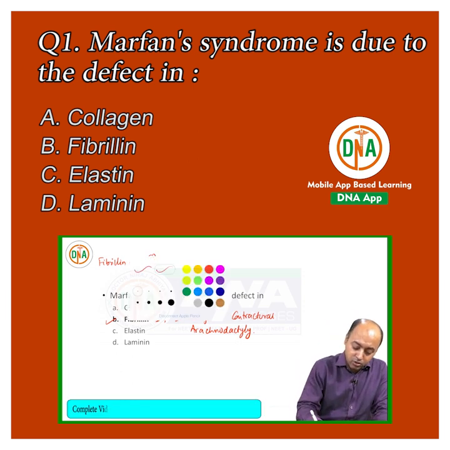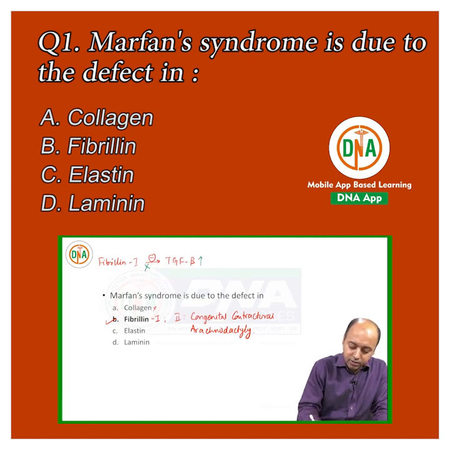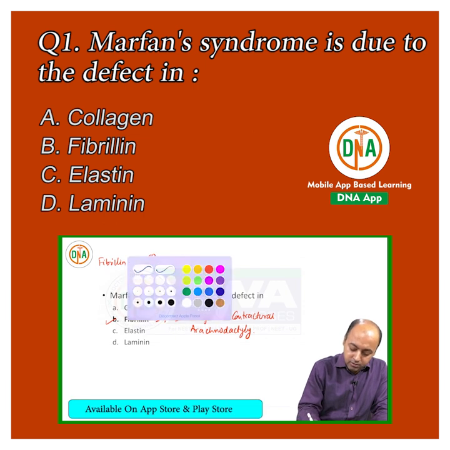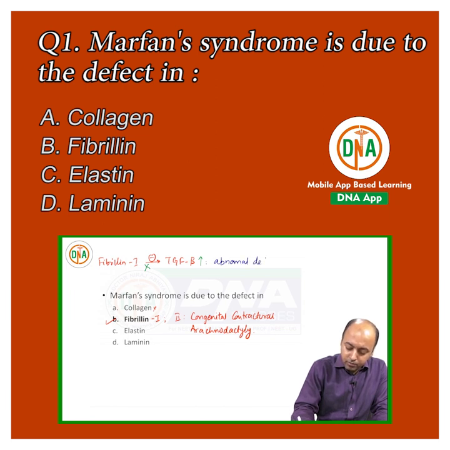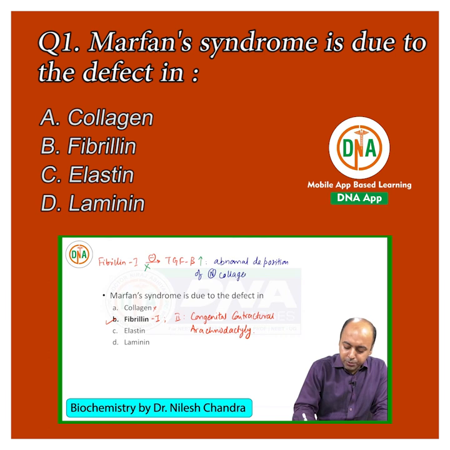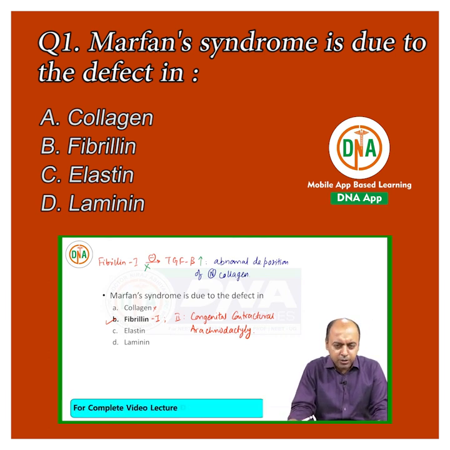If fibrillin is not there, then TGF beta activity increases, resulting in abnormal deposition of normal collagen, particularly in those places where TGF beta content is slightly higher,